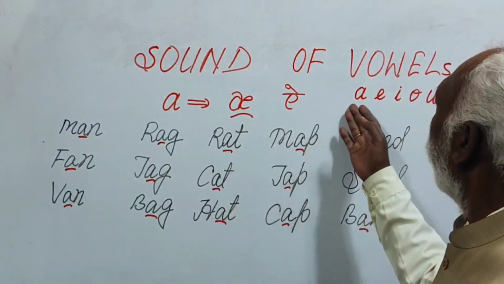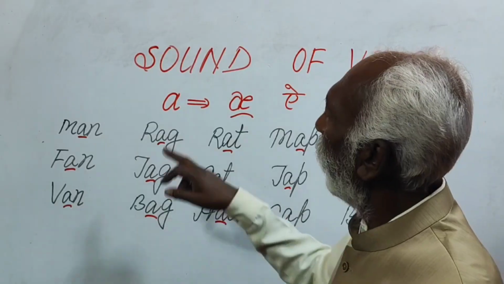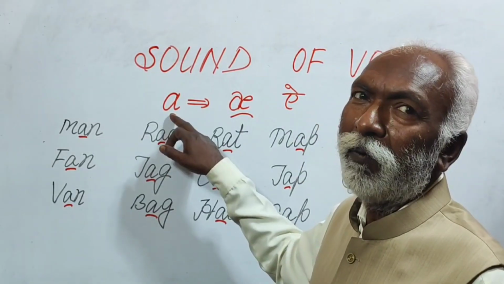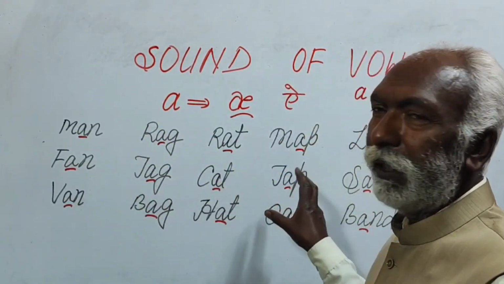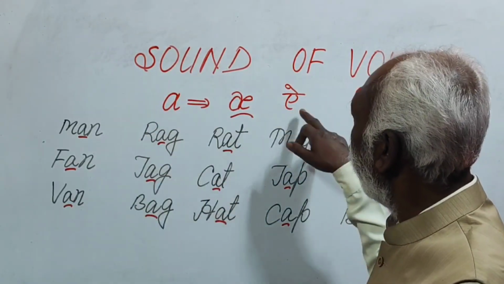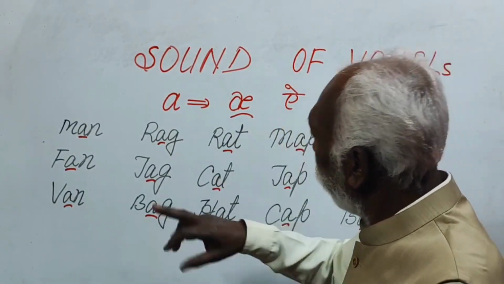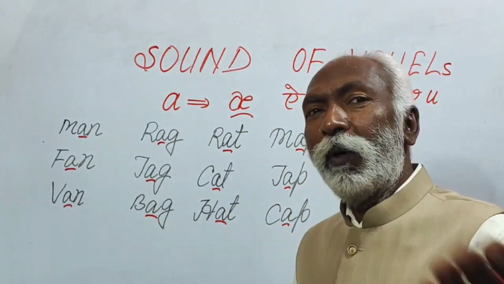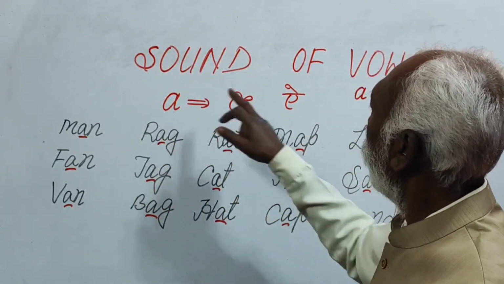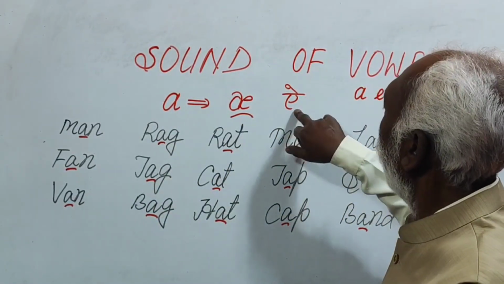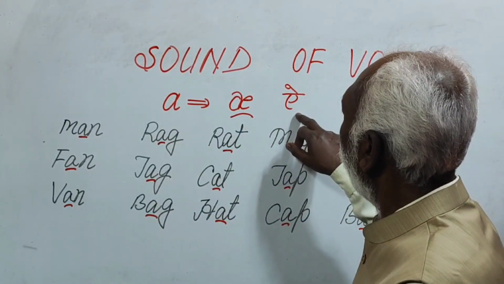Vowel letters, they are A, E, I, O, U, right? But I have taken here A, first letter of English alphabet, that is A. In these words, A is pronounced as I. Okay, dear, one by one, and this is the same letter, in other words pronounced differently. So here now A is to be pronounced as I. In these words, A to be pronounced as I.